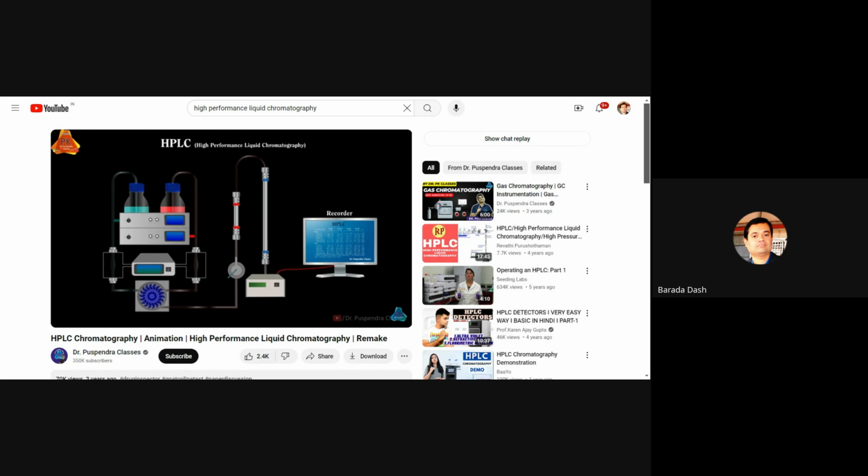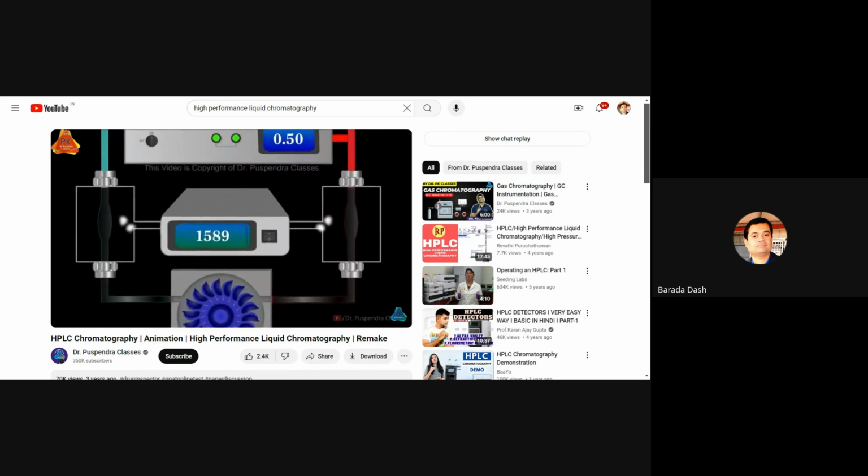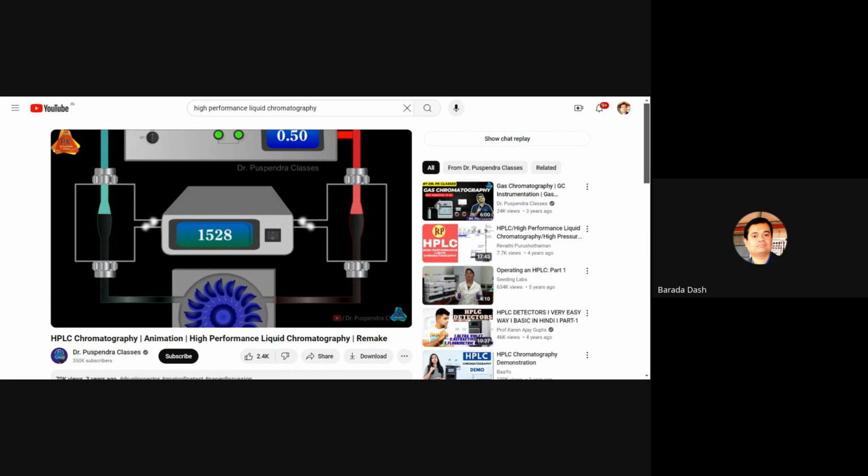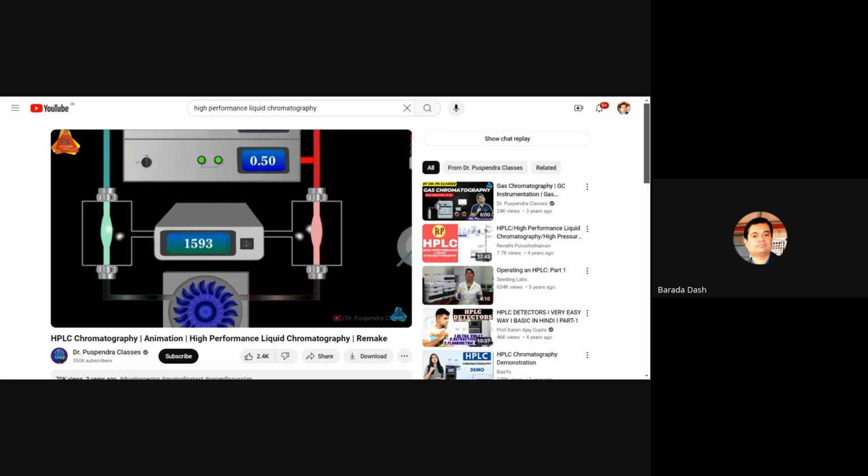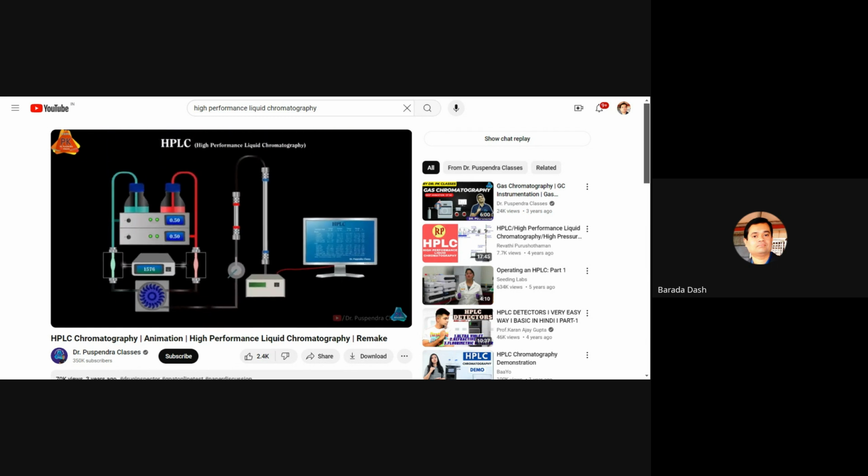After creating the method, solvent of the mobile phase will be pumped by the HPLC pump from the solvent reservoir towards the degasser. Now these solvents will come to the degasser, and degasser is attached with a vacuum pump which will create high vacuum. Therefore, any gas or air dissolved in the solvent will be removed online